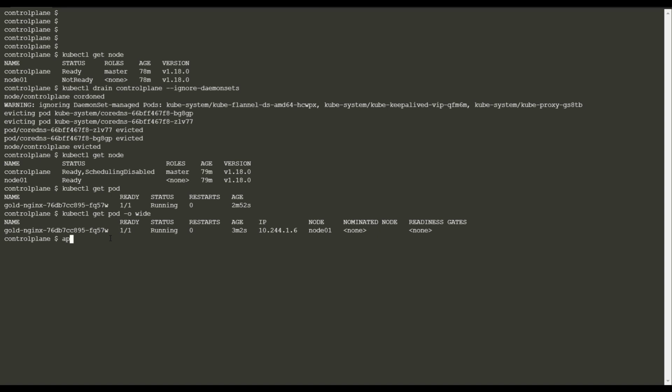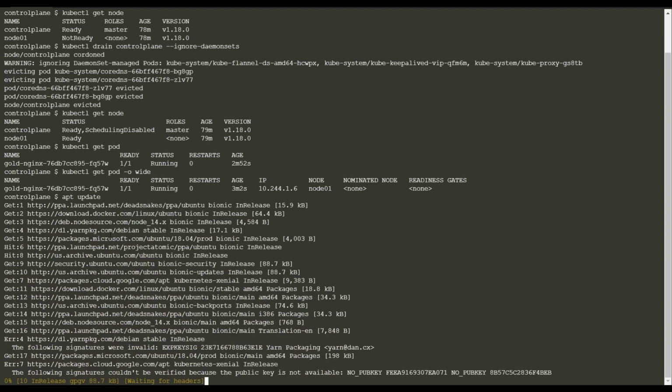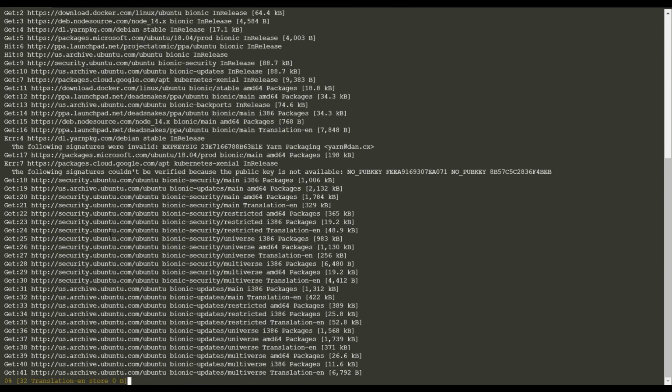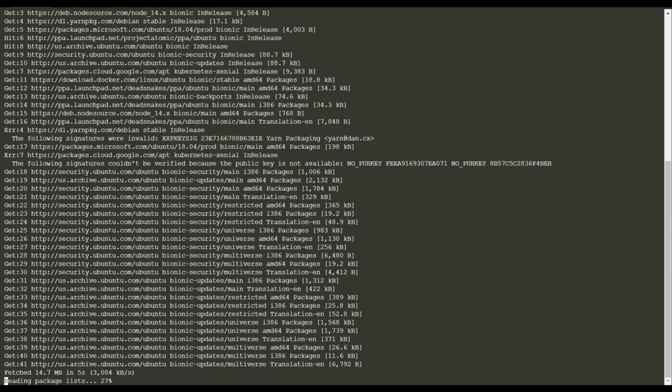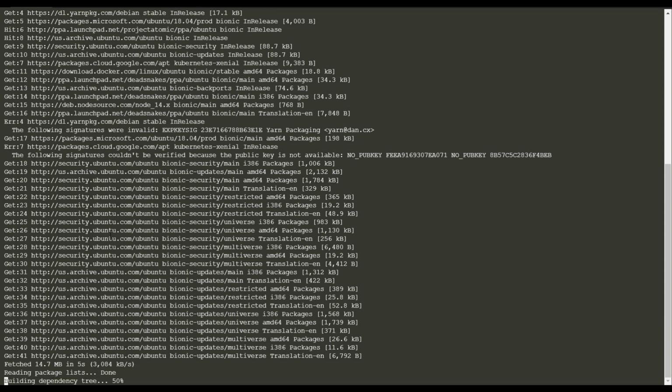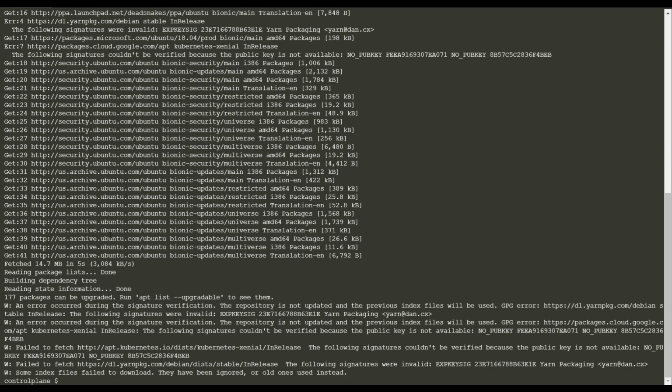So first, apt update. Okay, so now apt install kubeadm, and the version is 1.19.0-0.